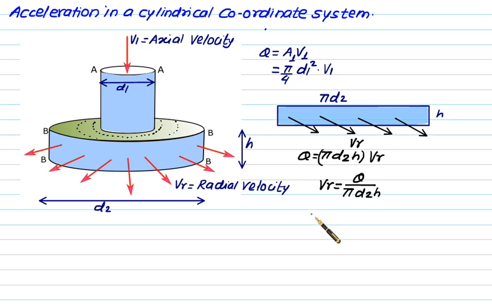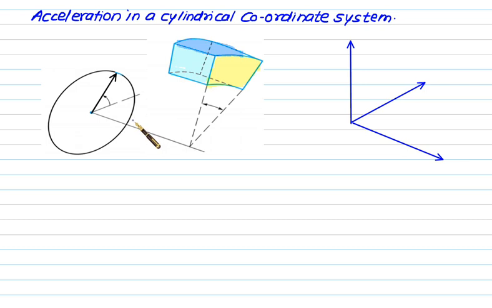Radial acceleration in general form will be given as the derivative of Vr with respect to t. For this you have to consider the cylindrical coordinate system, and again go by the basic principle that we followed in the Cartesian coordinate system. That is, we have ax equal to u into del u by del x plus v into del u by del y plus w into del u by del z plus del u by del t. Likewise we have to develop the equation for ar, and then we will solve a problem based on the radial acceleration. We have just discussed how to find acceleration in the Cartesian coordinate system.